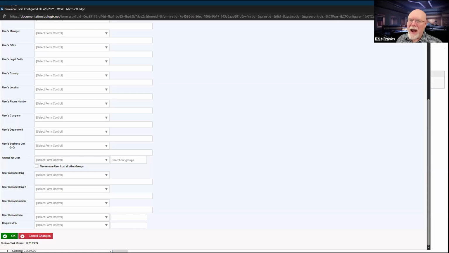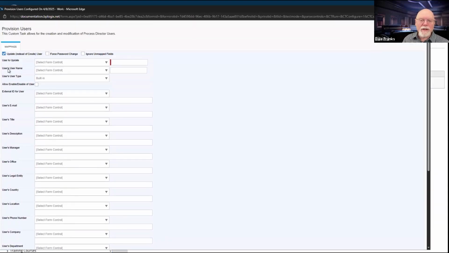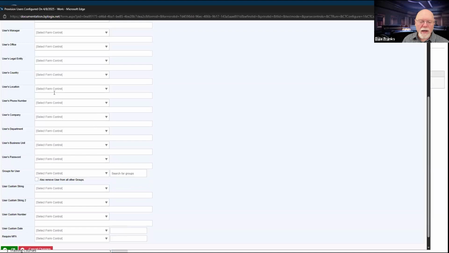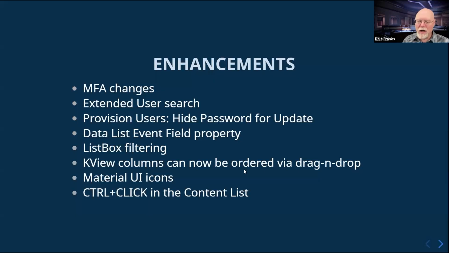That's because we have intentionally prohibited password changes from the user update. So it doesn't work. However, if the password field is there, it is a little confusing. So if you hit create, then you can create the password, but update, it removes it off of the screen so that you don't think that you can change passwords.